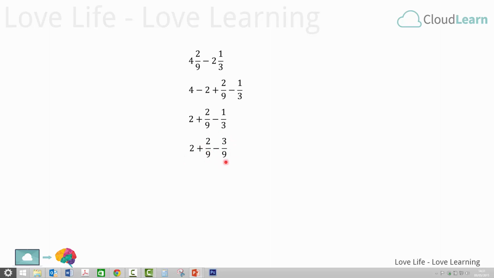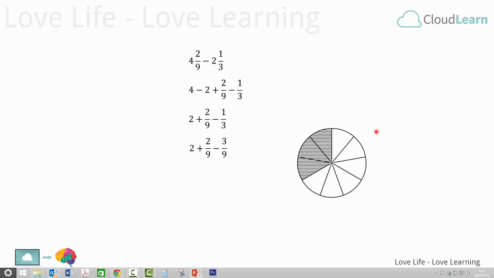And it's at this point we can see that we are taking a bigger fraction away from a smaller fraction. 3 over 9 is bigger than 2 over 9, and this is where people sometimes make a mistake, because everybody feels that they've got to subtract the smaller thing away from the bigger thing, so they end up taking the 2 over 9 away from the 3 over 9 to get 1 over 9. We'll see in a moment what we do actually get, but I want to pause for a second